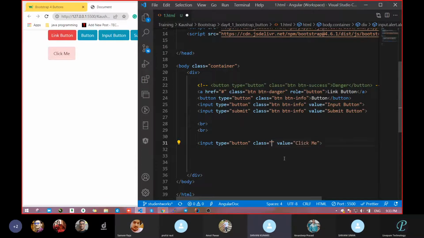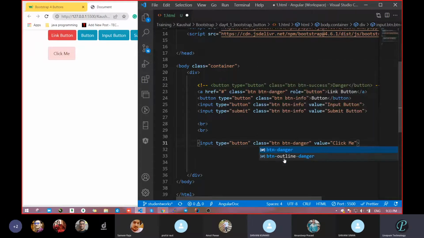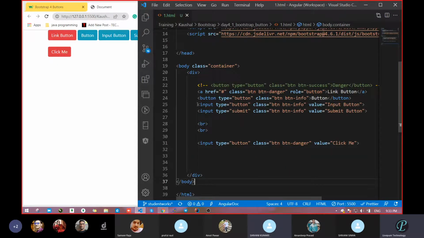Yes, sir. Yeah. So everywhere from the very start, we take the parent and then the child in all cases. If you don't take it, then surely there will be some changes. So here, see, input type equal to button. Again, class is something and value is something. What are the changes in this case? We had taken input, but we had taken type equal to button.